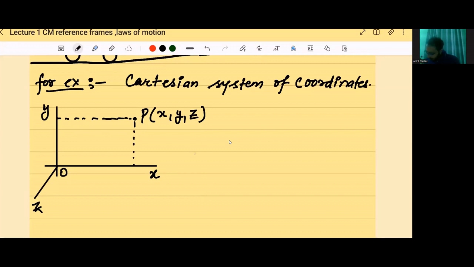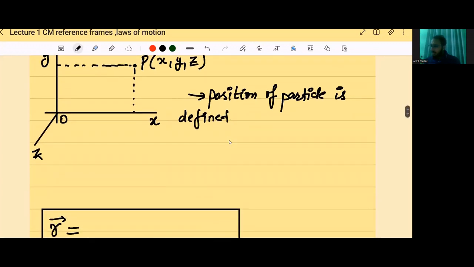The position of the particle is defined by three coordinates, X, Y, and Z,